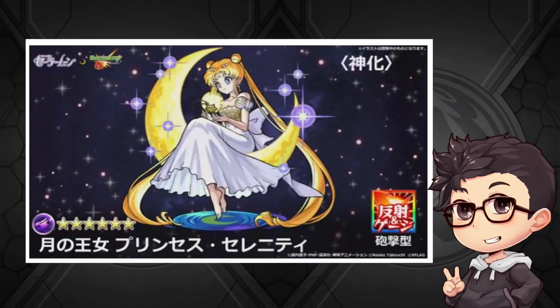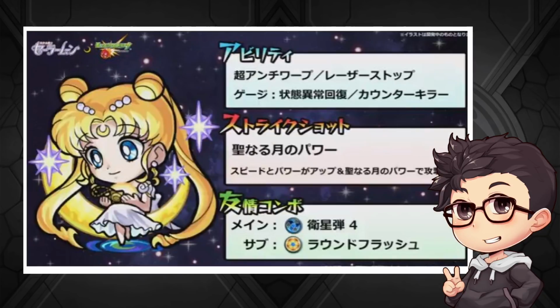So the Ascension form is going to be Princess Serenity. If you have never watched Sailor Moon, then this is basically a huge spoiler, but I won't explain her backstory. But the Ascension form is going to be a bounce type, a blast type, and ability is going to be super anti-warp, laser stop, gauge status recovery, counter slayer, strike shot speed, and power up uses the power of the moon to attack. So I'm assuming this is going to be some kind of new strike shot again, like every